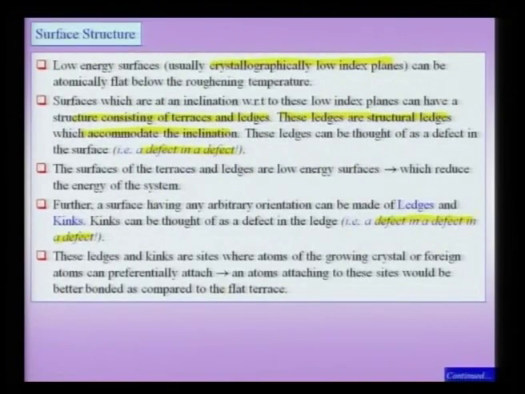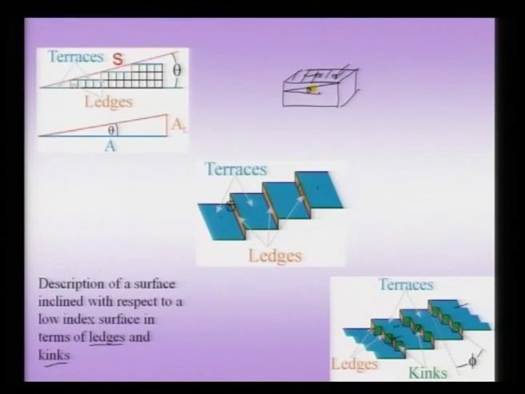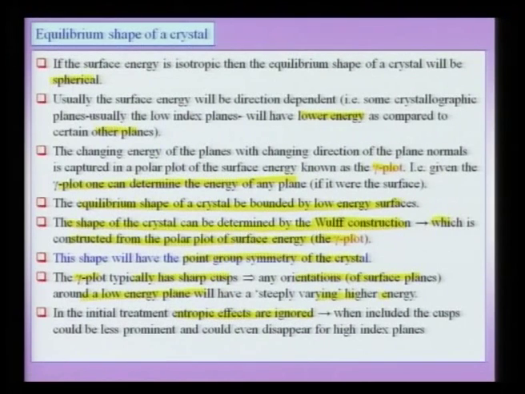Now, any arbitrary inclined surface in a crystal can be described by terraces, ledges and kinks, and I can calculate the energy based on the density of these ledges and terraces in a material. The reason the surface would like to put out these kinks and ledges instead of having a smooth surface at this inclination is that it would like to keep the low energy surfaces exposed rather than the high energy ones. We also saw that surfaces are typically anisotropic in energy, and that implies